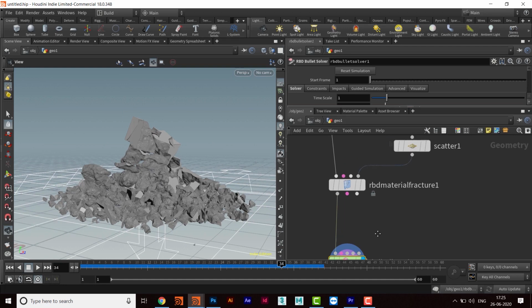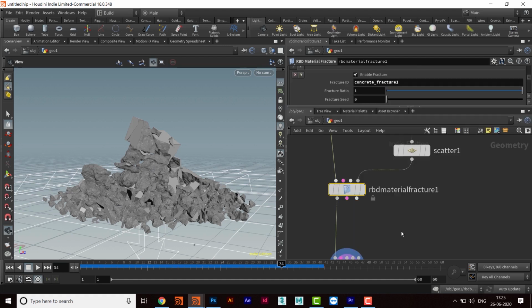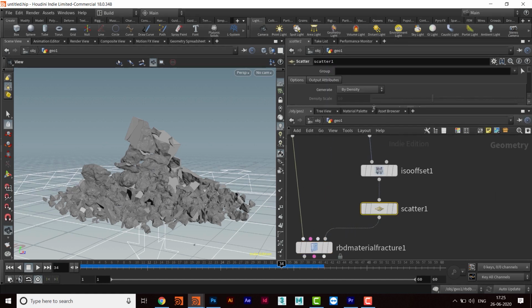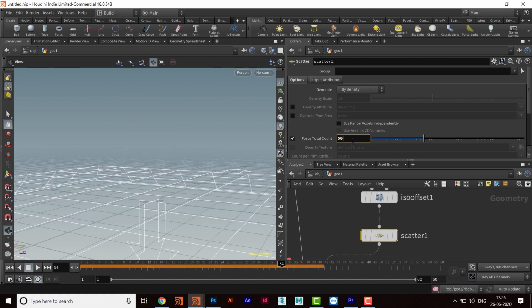I want a faster simulation, so I will decrease the second scatter point value, and maybe I can reduce some value in the scatter points also. So I will keep this value to 500.